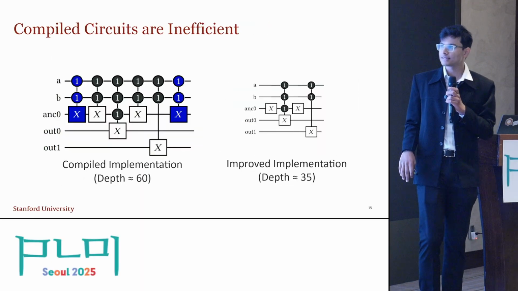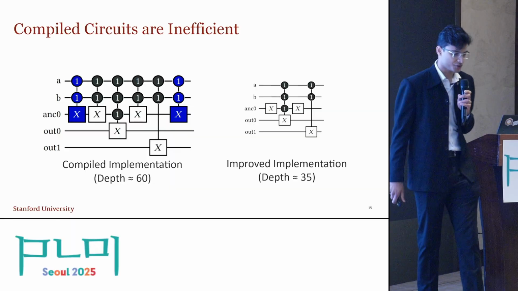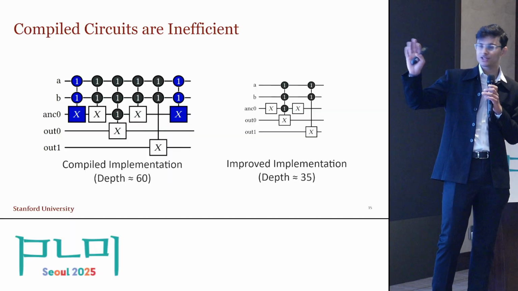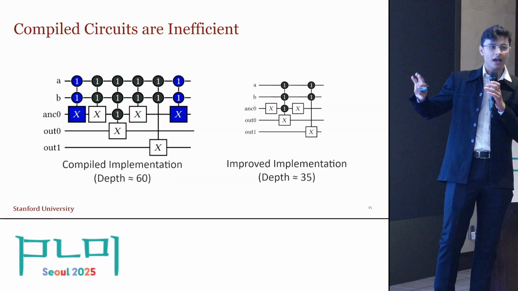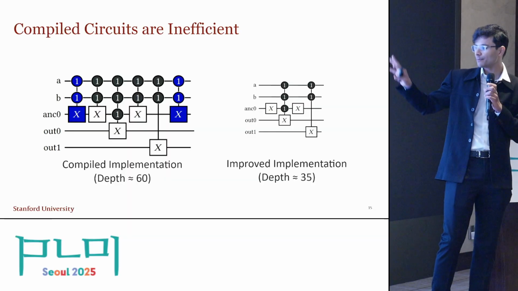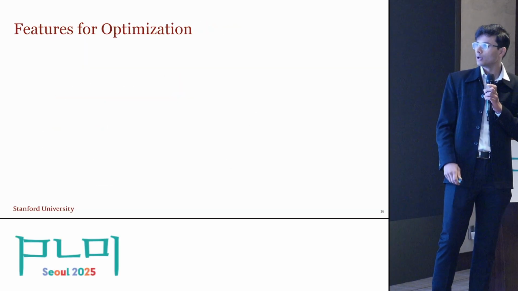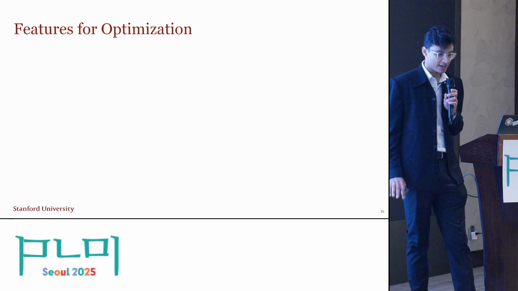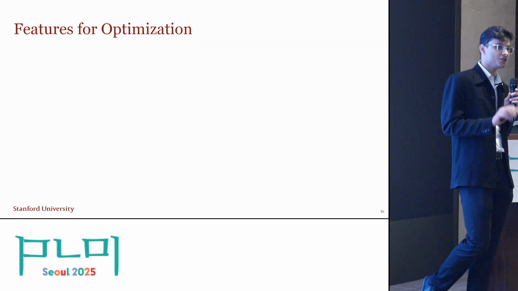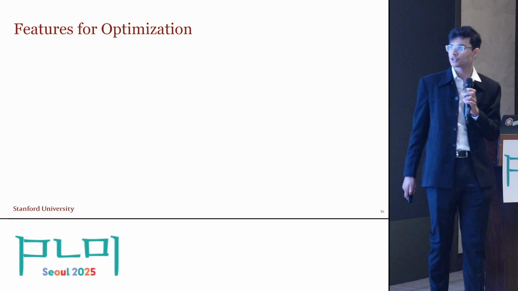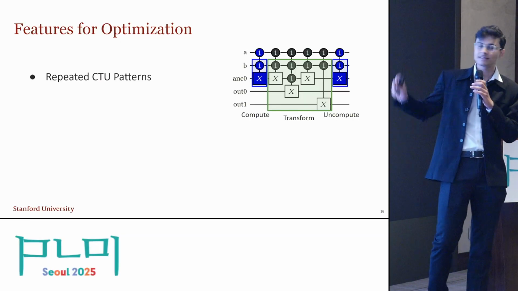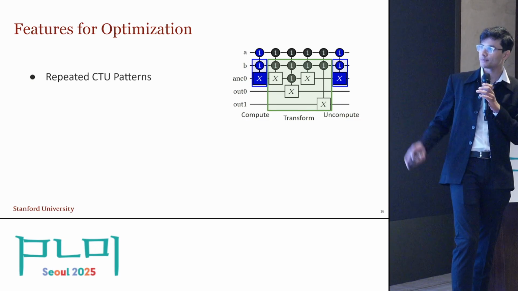One thing we note is that the compiled circuit is sometimes very inefficient, and you can see that by just taking the Tower circuit we were seeing and a more efficient implementation on the right, which can be done by just very simple rewrites. Luckily, these compiled circuits have a lot of features that can be exploited for optimization. First of all, they have these repeated CTU patterns that come up multiple times in the circuit,